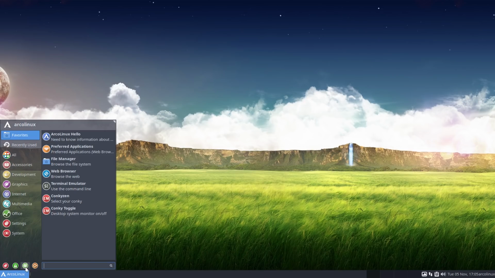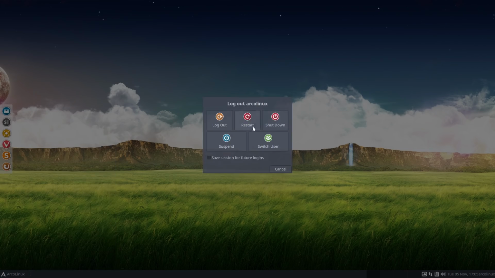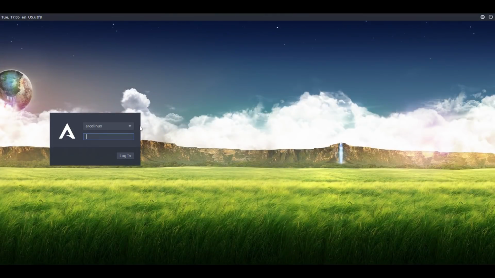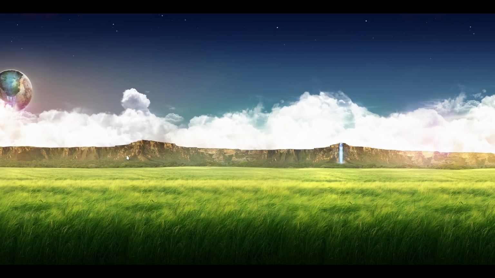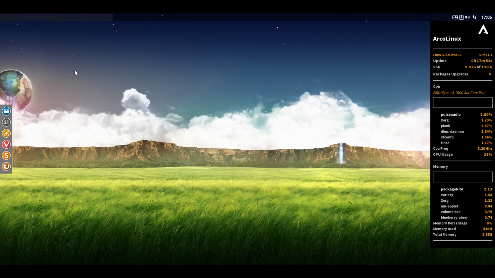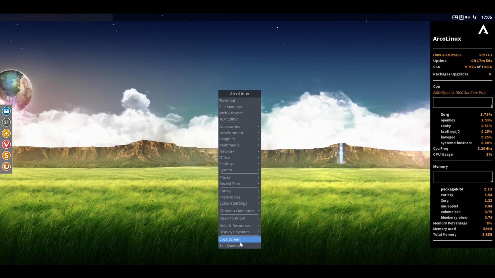Let's go ahead and log out of the system. We're just going to log out and we're going to see if we have other desktop options as well. So here's Linux, here's in the upper corner. So we have OpenBox, XFCE, and i3 as well. I do not know how to run any of these other ones, but let's go ahead and boot into it. I would really like to take the time to learn some of these managers sometime. But as of right now, I don't necessarily have the